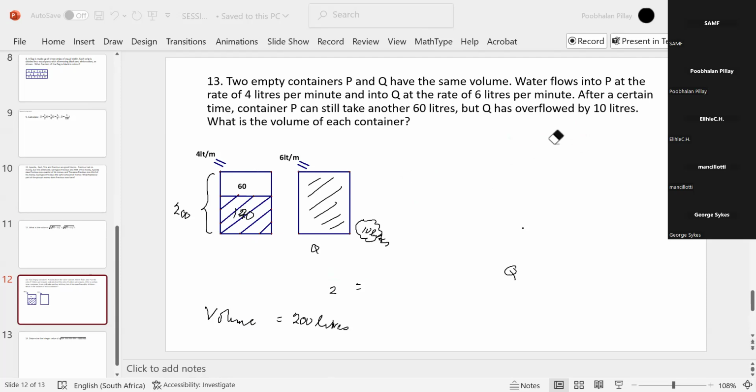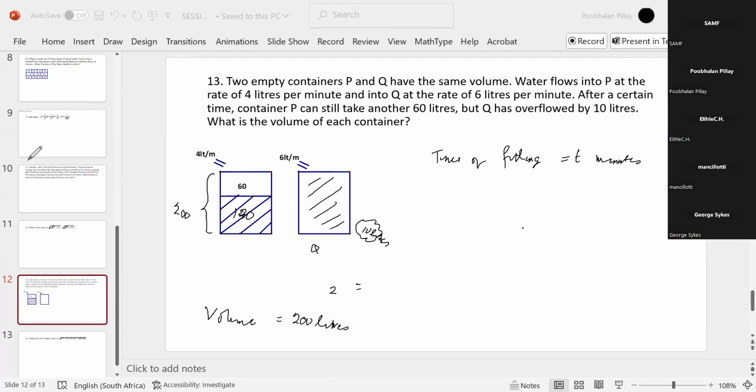Suppose I said, look, I don't know what the time is. We only say after so many minutes. That's unknown. So say the time of filling equals t minutes. Now this is much easier to understand. That's why algebra is very powerful. Now, why is it easier to understand? That's because